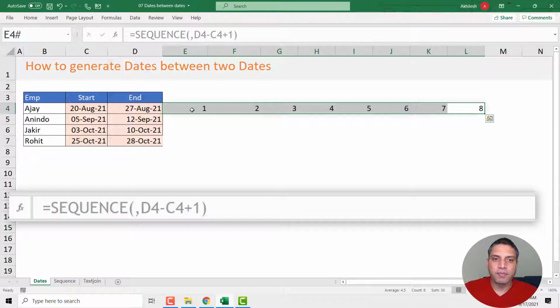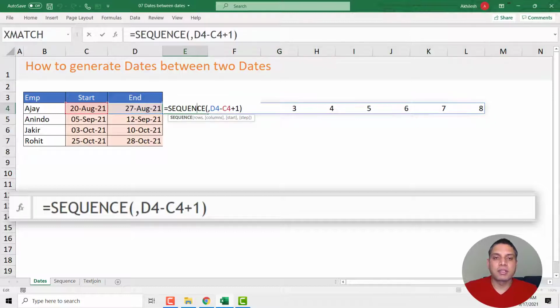this duration. But we don't want these numbers, we want the dates. So the row portion we are leaving empty, the column portion is giving us how many days we want to move. Then comes the starting point. The starting point was 1 by default, but if we say that the starting point should be this date, now it will take that date as the starting point and then keep on adding 1 until it reaches the ending point.